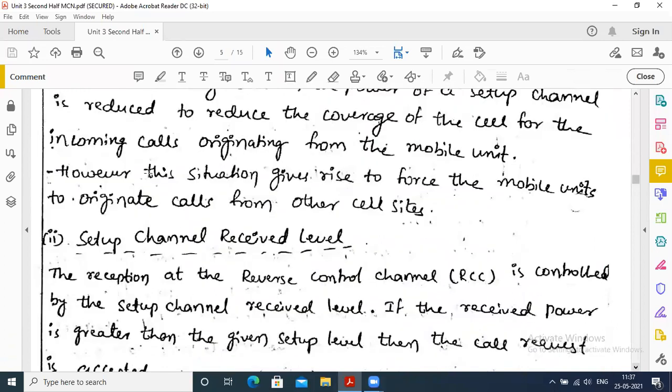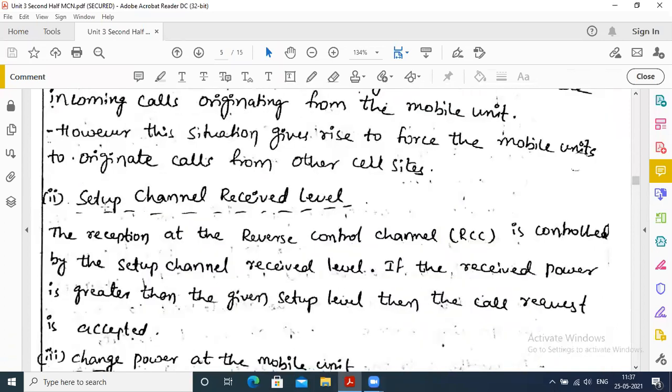The second operational function is setup channel receive level, the reception of the reverse control channel. So there will be a forward control channel and a reverse control channel.